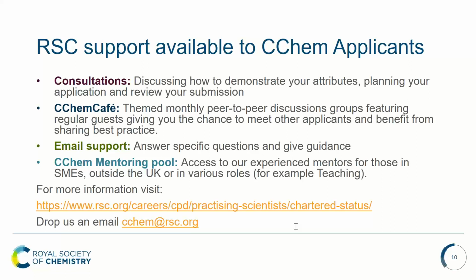In terms of how it actually works, you can redact sensitive information off your evidence. In the written testimonials that you'll provide, you can write them in such a way that you are not divulging anything sensitive. You can talk about project X or location Y or reaction Z. If you are unable to share your evidence at all, then we can invite you to an interview, and that is often the most common solution that we have, particularly for people based in the Ministry of Defence